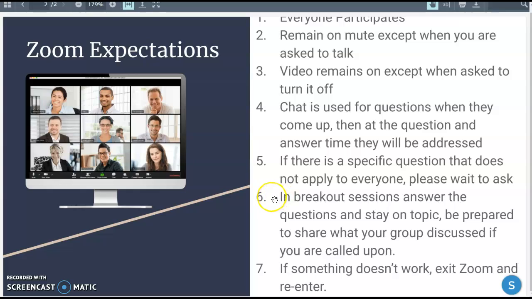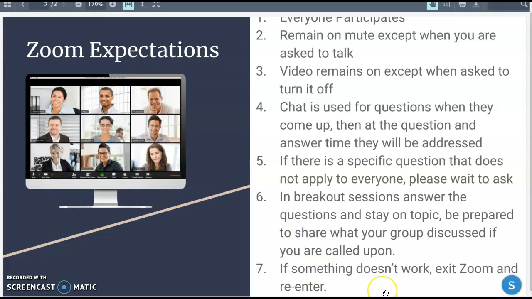Six, in breakout sessions, we will answer the questions and stay on topic. Those breakout groups are small groups that you will be in with perhaps just online people, perhaps in-class people, or perhaps a mix of both. In those, you need to share your answer and stay on topic. You will only have the amount of time given, and then you will be responsible for sharing your group's information. So if you need to take notes, you'll take notes, but after the group comes back to the whole group, I might call on you to share what you said, what someone else said, or what your whole group said. So you need to pay attention to what people say because you might be the one in charge of responding. And those are for participation points.